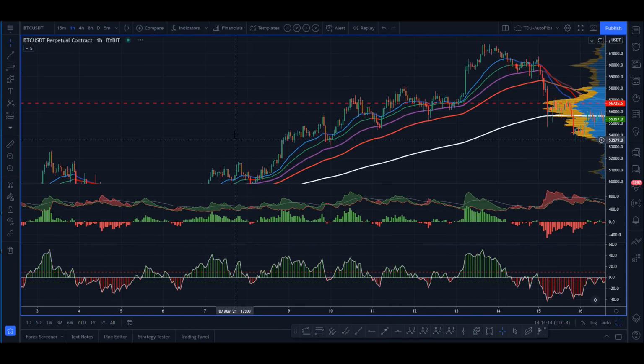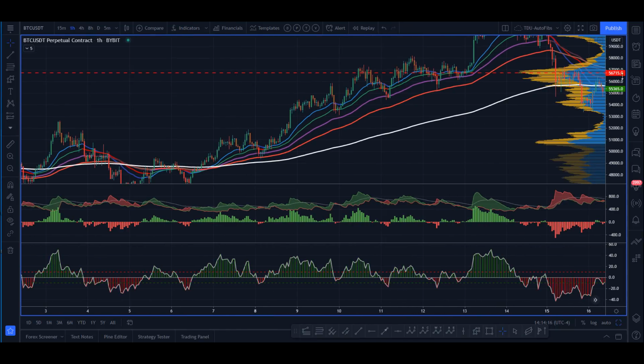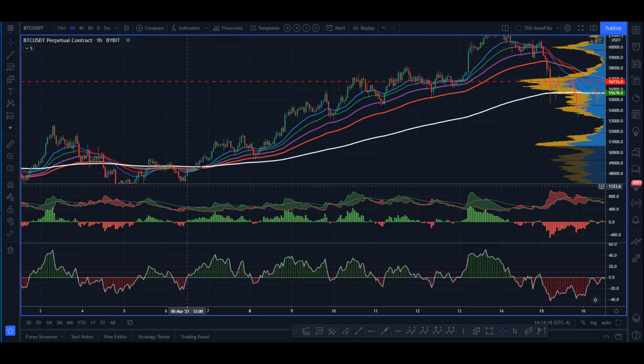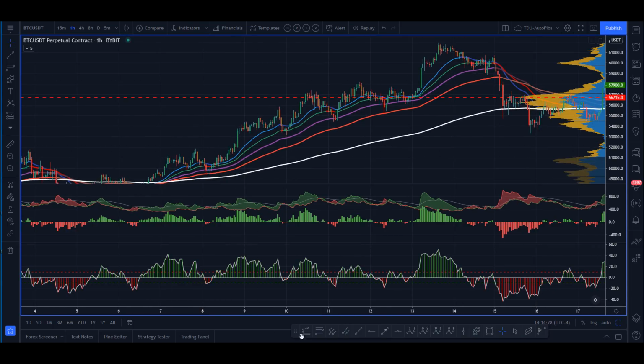We won't remember. Here's a nice sequence here. This is ideally what you're looking for, a nice sequence like this where we get swing, rotation here. Look who's in control, right? Buyers clearly in control. Rotation again, we go up again. Rotation again, we go up again. Rotation. When you get in these kind of sequences, and then if we add into that, let's bring this down just a bit,